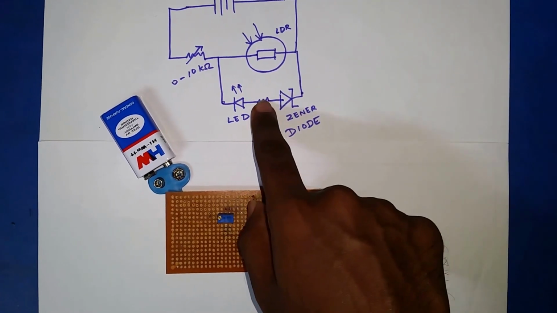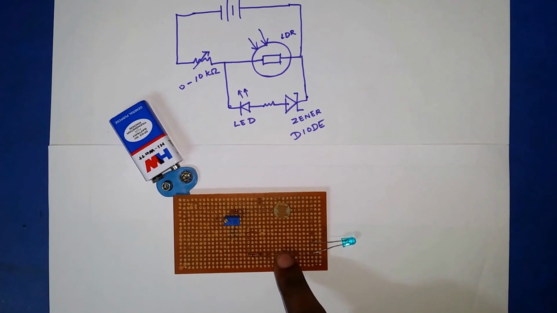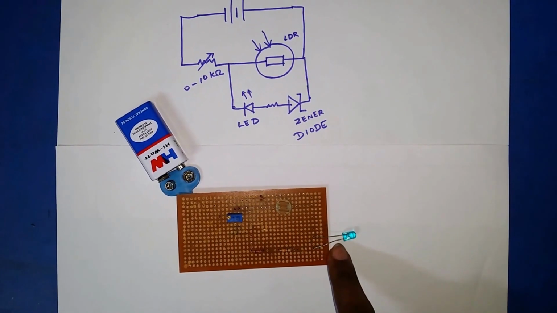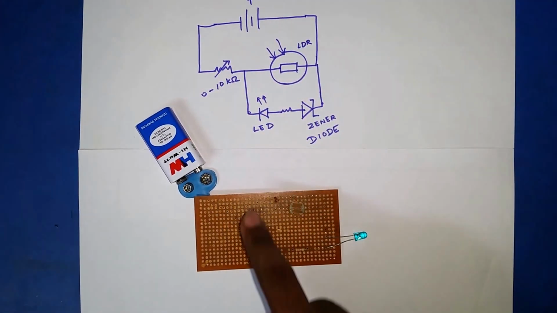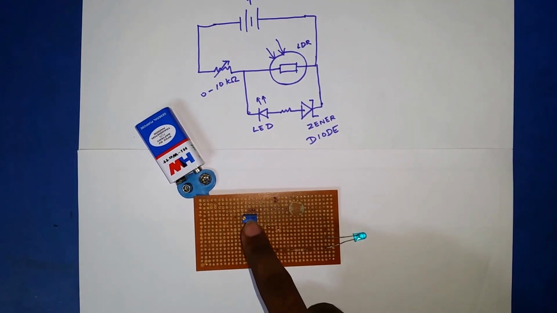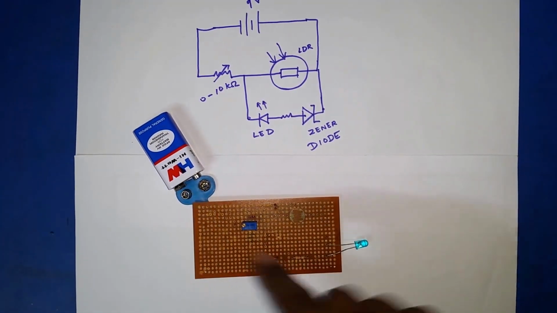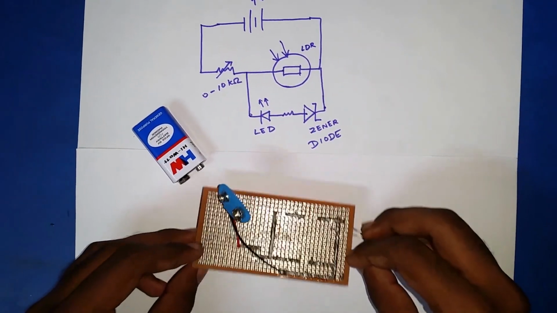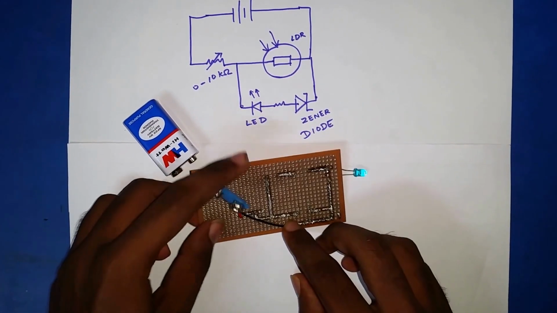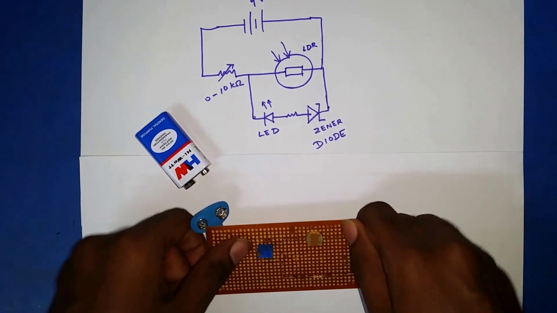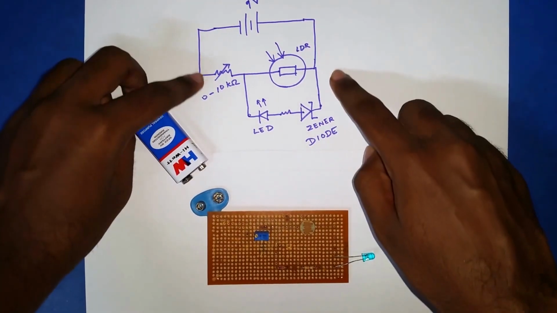This is the resistor connected in series with the LED. This is the blue LED we have used. This here is the potentiometer or the variable resistor, and this is the source 9 volt battery. Behind, you can see the battery cap connected across 2 points. These 2 points exactly correspond to these 2 points in the circuit diagram.